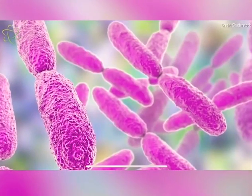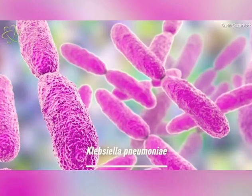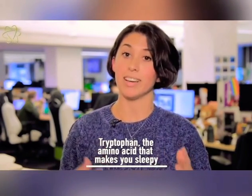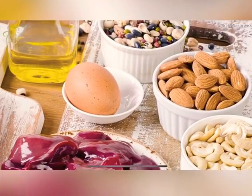In the case of our patient, the bacteria Klebsiella pneumoniae was found in her urine, which can break down a common compound found in our foods called tryptophan. You might know tryptophan from Thanksgiving turkey. Supposedly it makes you sleepy, but it can also be found in beans, eggs, nuts, and a bunch of other